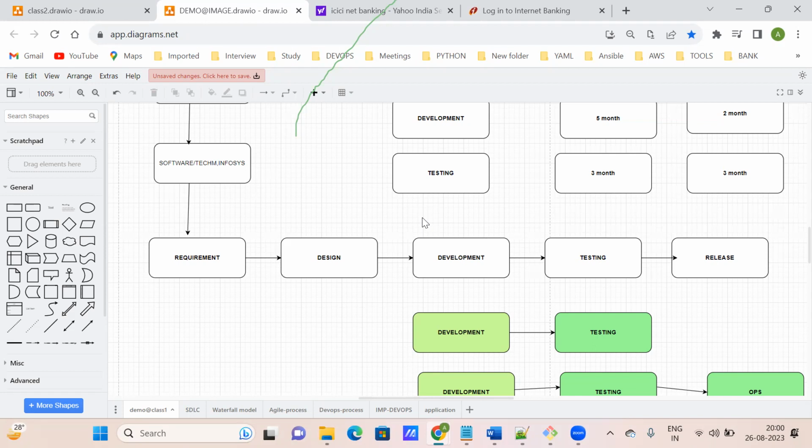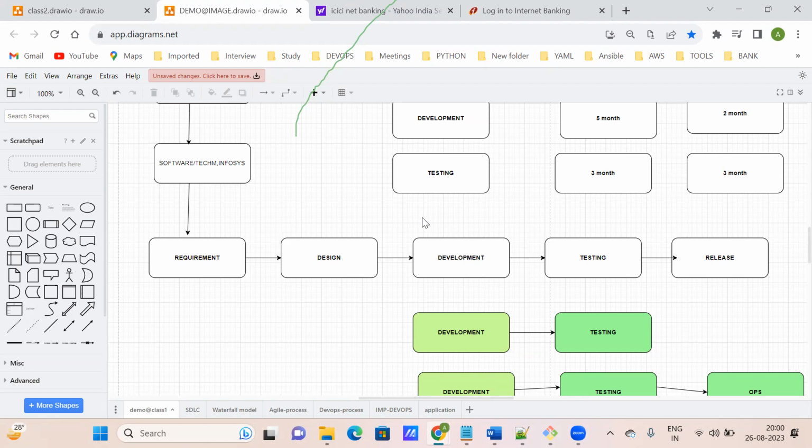After that physical machine issue, suppose I am a manager and I say we need to test on 100 machines. So we need to buy 100 machines, and there we have to install the operating system, then install Java, then on top of that deploy our application, the Flipkart application, to test it.